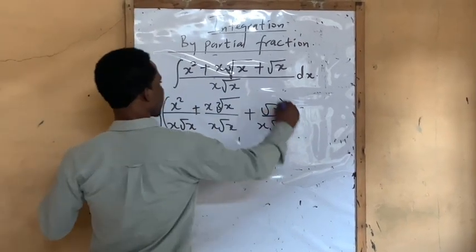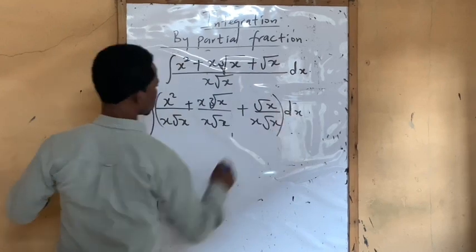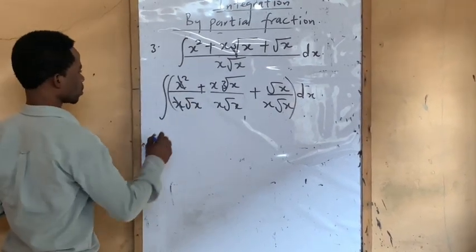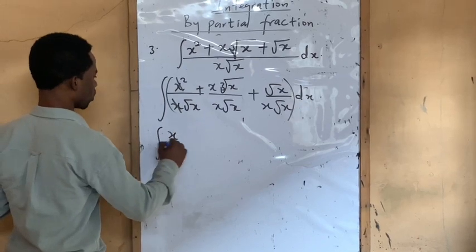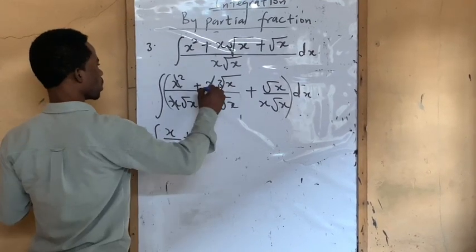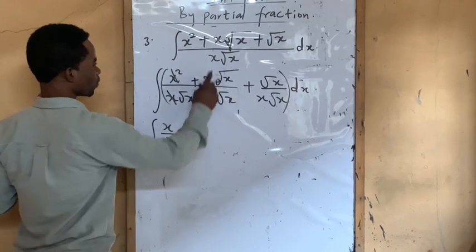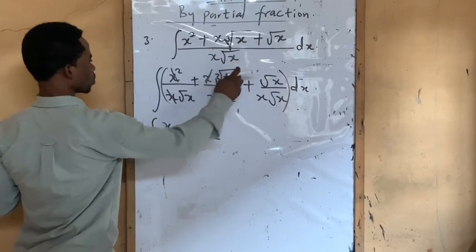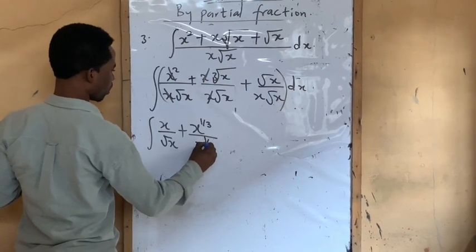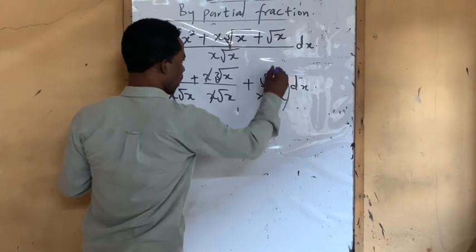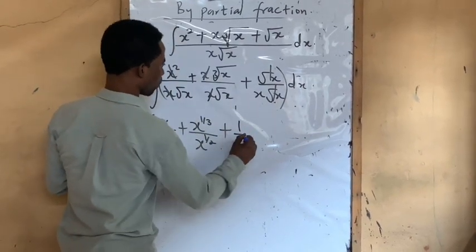So all the x. If I cancel this, I'm going to have x left, all over root x, plus, if I cancel this, I'm going to have x raised to cube root, all over x raised to power 1 over 2, square root of x, plus, this can cancel this actually, I'm going to have 1 all over x,